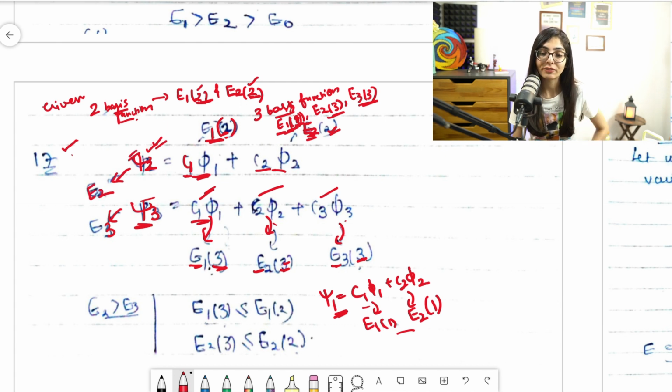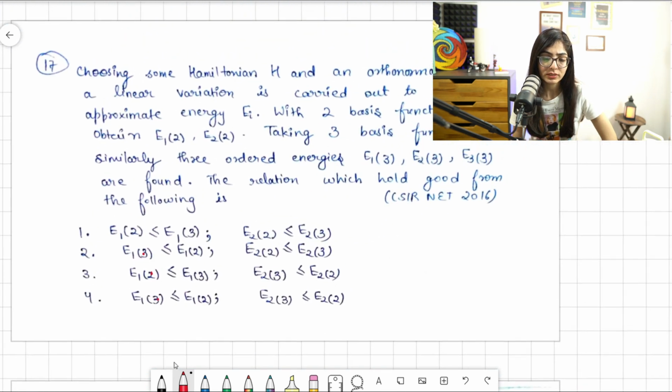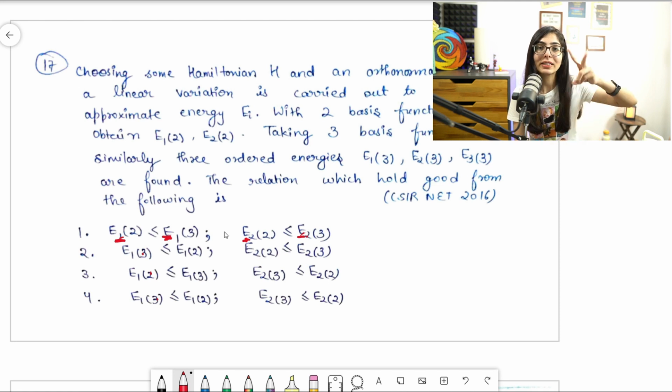Clear? So in the options, if I have to look over the options, what is given is that we have to compare these things: E1, the same E1, we have to compare E1, and here E2. Just look at the pattern, what is asked, because you can't go in a vague direction. You have to first see the options, only then can you proceed ahead. So you can see over here in the options that E1 is given, E2 is given. You can see the comparison is happening in the same states. Like in the first state, it is also in the first state. Second, first, second.